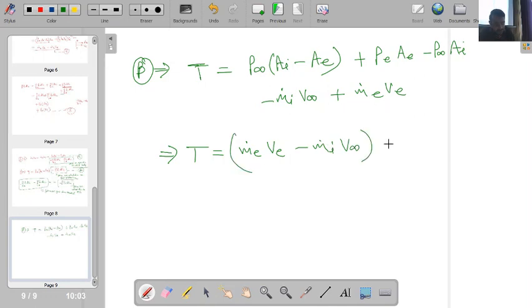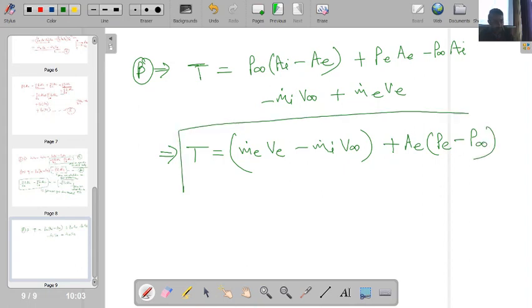And the P infinity AI will cancel. AE is common, so AE times (PE minus P infinity). This is the simple equation of